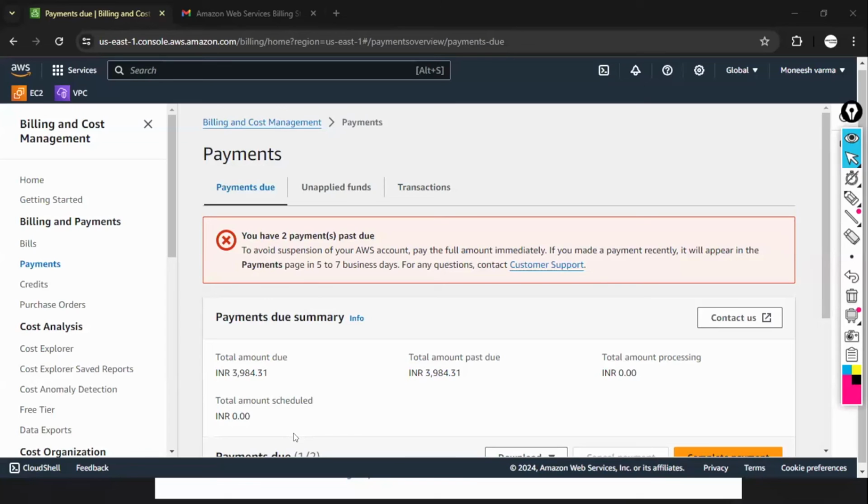Who is going to pay the bills? The client, SBI, will pay the bills. So there will be only one AWS account in the name of the client, and everyone will access that single account, each with their separate credentials.